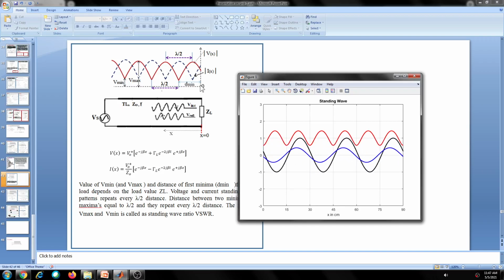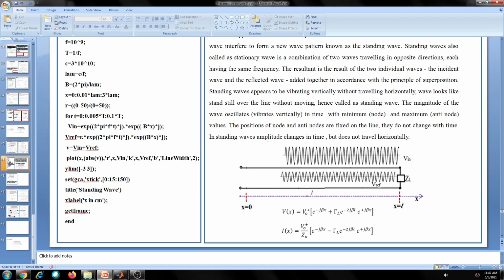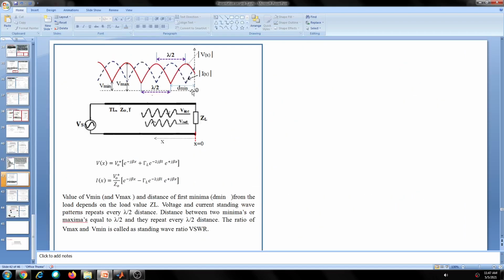See, this is a load point here. From the load point, as you move like this, this is a maxima we are coming to, and this is a minima. So you move like this, and whenever you find the first minima, you stop there, at minimum voltage. After this, the voltage increases again.